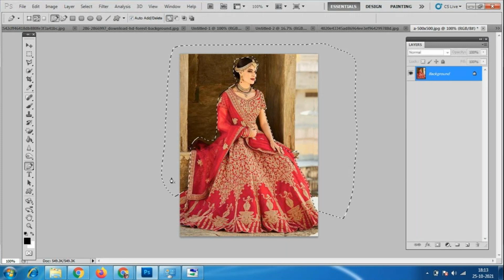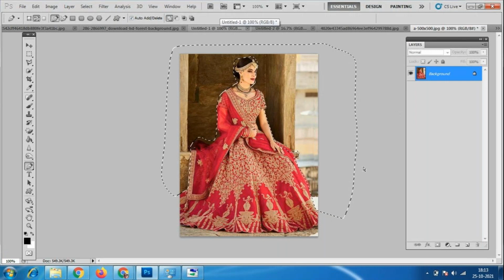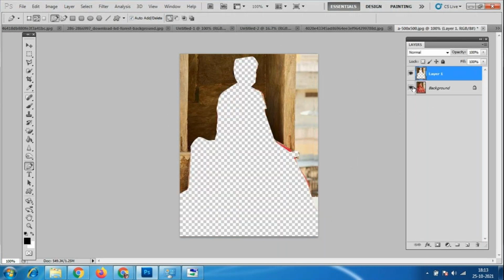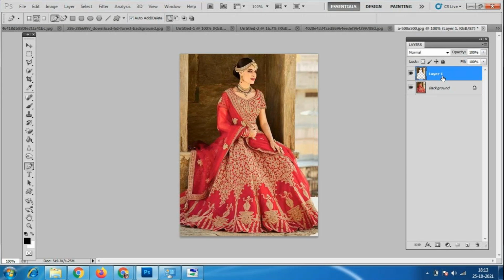So now I have to apply it only to the background. So Control J. If I press Control J, automatically it will come in a different layer like this. Okay, so only on the background I'm applying this blur tool. So I'll go to this blur tool at 100% strength, and see here. You got it, right? How much percentage it has become blur?